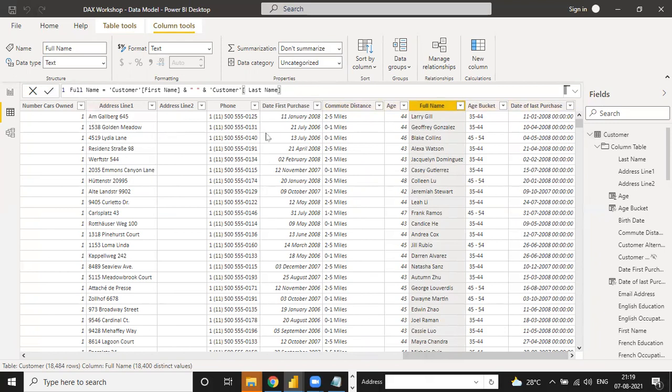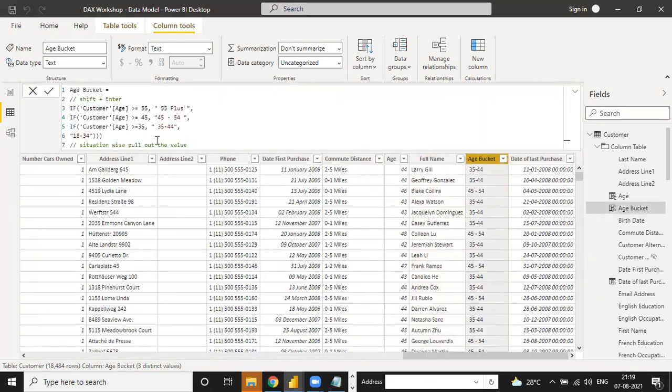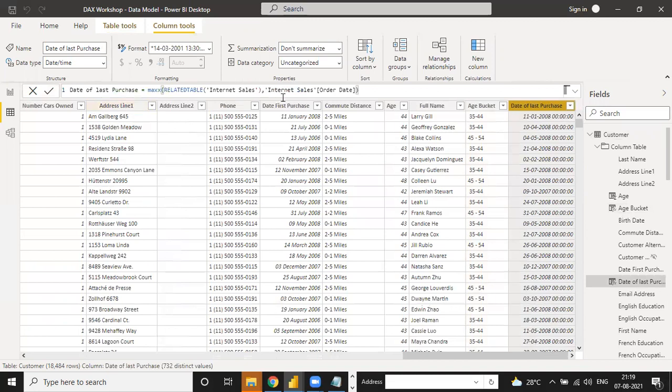You can open Notepad and write the full formula there, and as per your condition, you can write it over there and put it directly in your file, and go to the age bucket. Copy the same formula and paste it in Notepad and save it with you. Everything you need to save with you, because when you need this kind of formula, you don't remember. You have to understand, but if you make this kind of practice, that is the reason to build your advanced DAX creation.